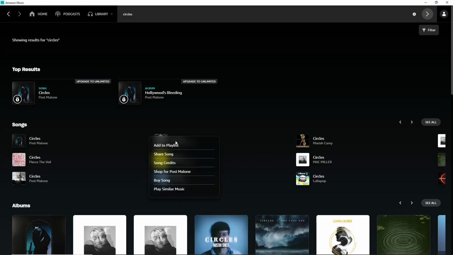Keep in mind that the download button might not be visible if your account hasn't been upgraded to a premium tier, as offline listening is typically a feature reserved for paid subscribers. However, if you have the right subscription, clicking download will start saving the track directly to your device. Once the download has finished, which should only take a few moments depending on your internet speed,